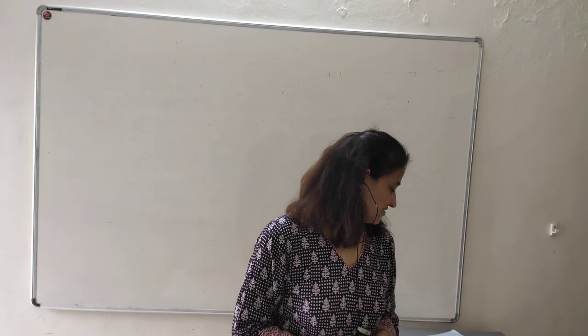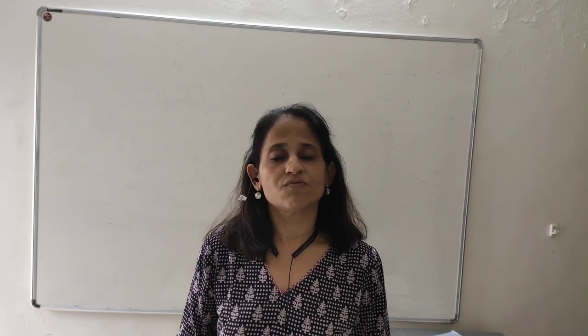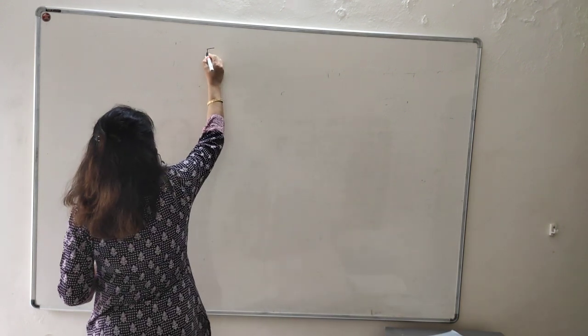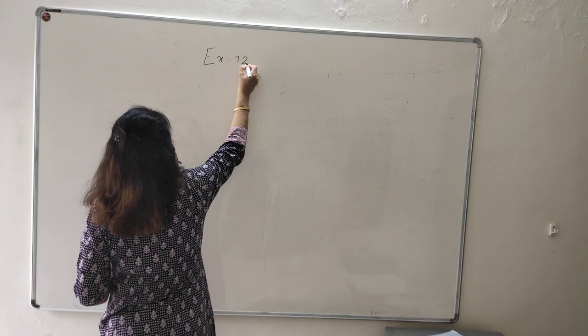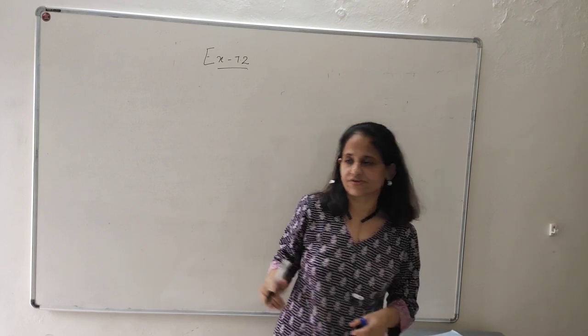Today we will be starting with the second question of exercise 7.2, that is converting an improper fraction into mixed fraction. This we have been doing since class 4. In class 4 and 5, we have practiced converting improper fractions to mixed fractions and vice versa, mixed fractions to improper fractions. The new question will start from the new page. I am not writing the question here. You have to copy the question with the black pen. Now express the following as mixed fraction.